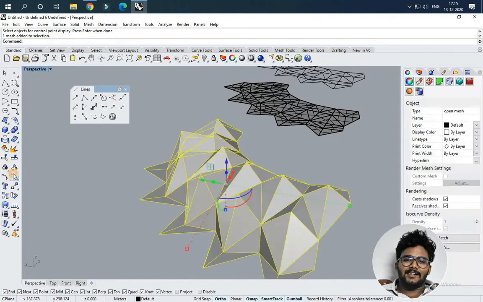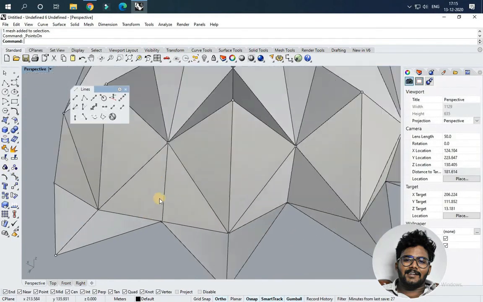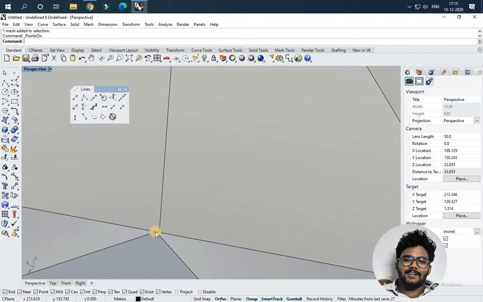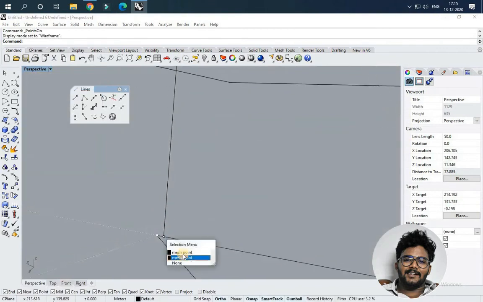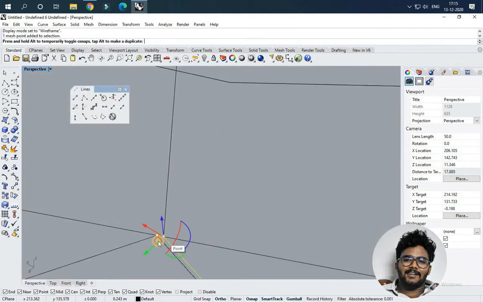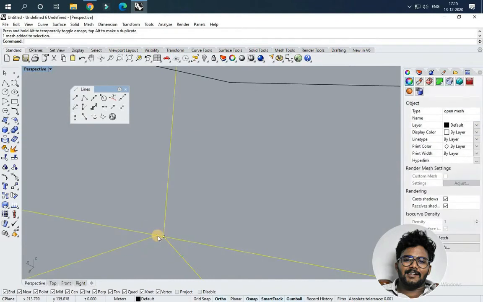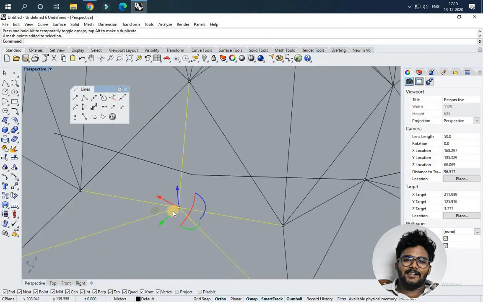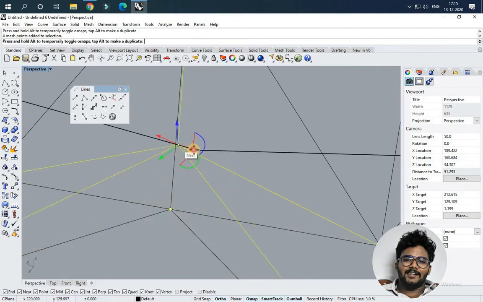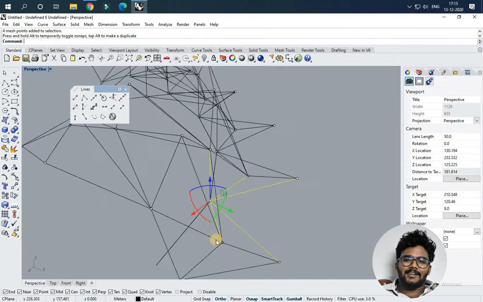So I'm just selecting the control points. I'm just moving the control points to the edge. So I'm just doing this there again.